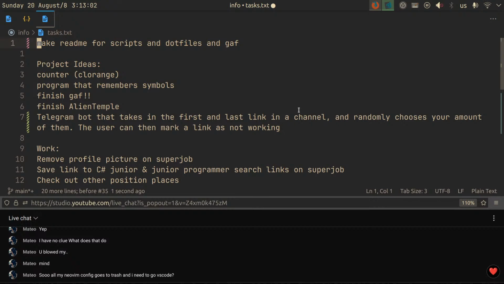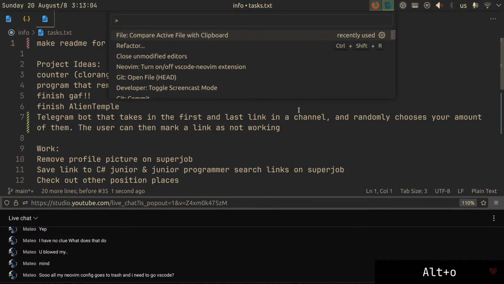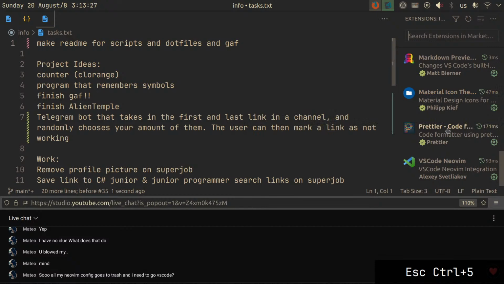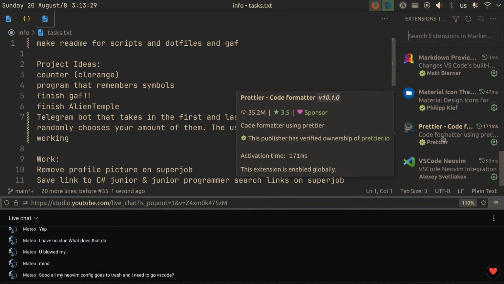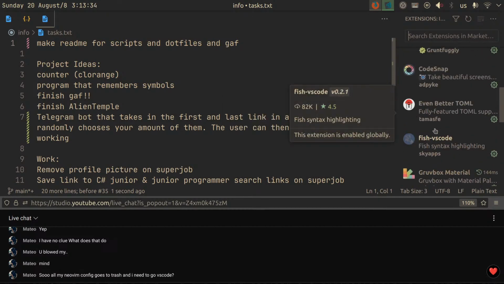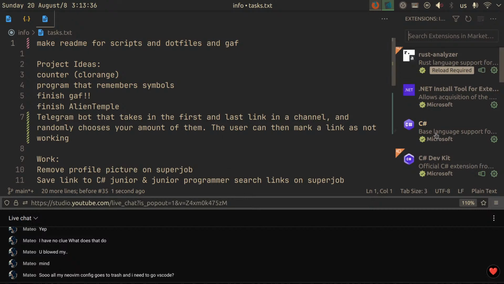Definitely not. I wouldn't say so. But I personally think that if you are already on VS Code or have used it, you might as well continue, because there are so many useful features here that you would have to think of how to implement in NeoVim otherwise. And VS Code just has them. Like the perfect example, I think, is my example with C#. So to start working in C#, all I have to do is install this extension, this extension, this extension, this extension, and this extension,